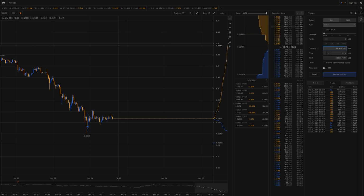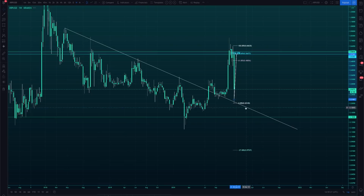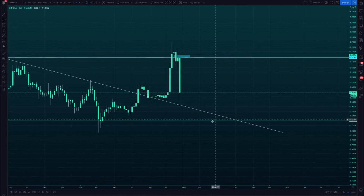And it is something that's on my mind. I am potentially considering doing this. But we'll take it as it comes. Because with the main... let's get the weekly up again. With all of these confluences to the downside, any short-term spikes, for me personally, don't really matter anymore. I really don't care, because if it goes up, it will go up and there'll be a lot of money